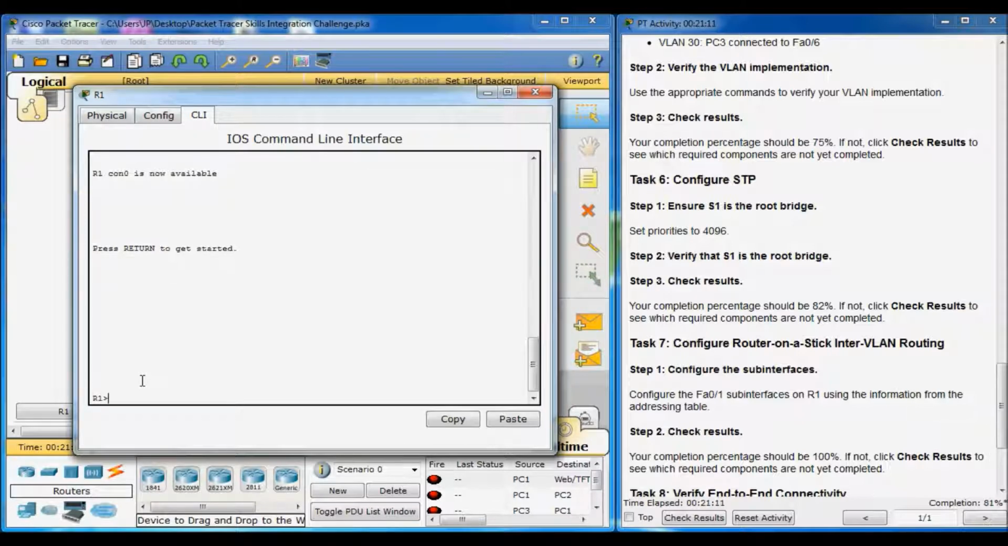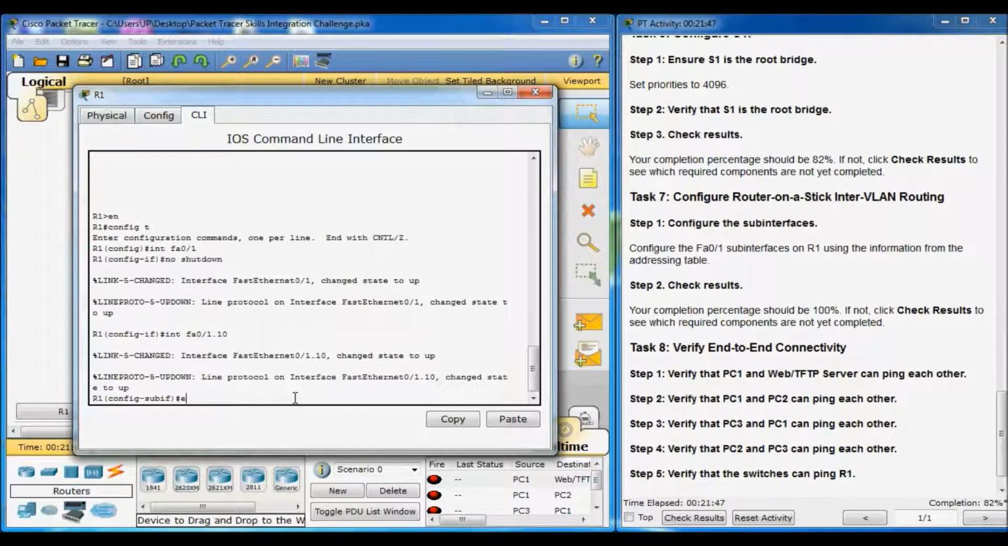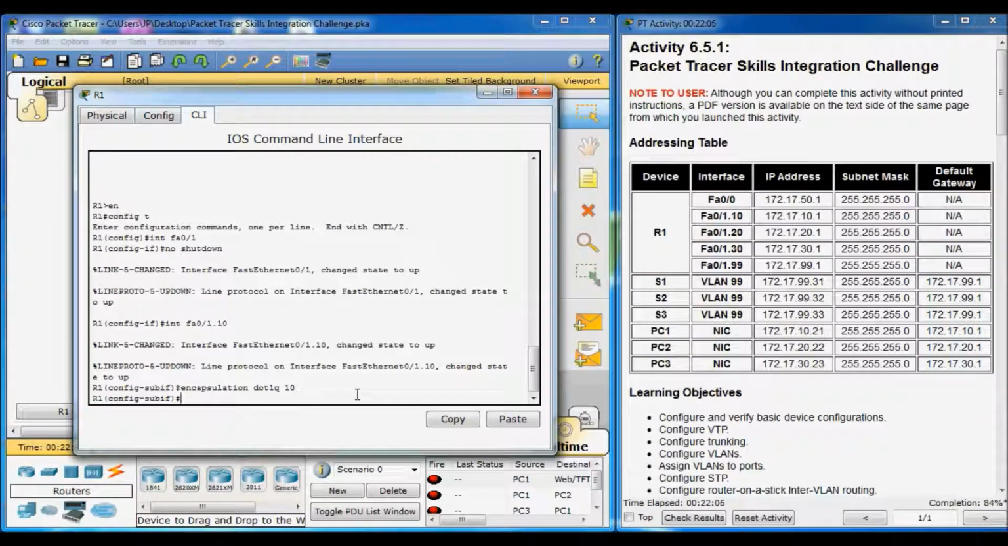So, close it. Go to router. Then, enter. Type en. Type config. Then, in FA0/1, then no shutdown. Then in FA0/1.10, encapsulation dot1Q 10